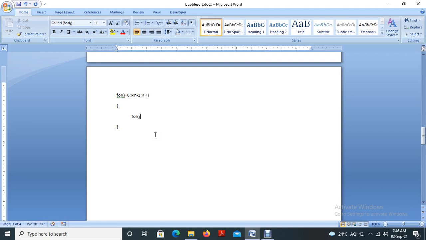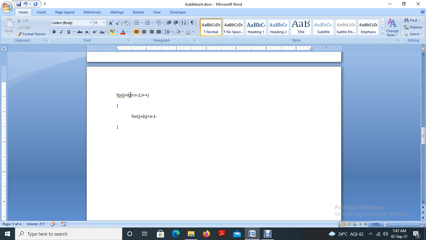So for j equal to 0, j less than n, the total number of elements, minus 1, no confusion on that, then minus i. So after the first iteration, one comparison has to be reduced. After the second iteration, two have to be reduced. So from where can we reduce this 1, 2, 3? Because after the first iteration the i value will be incremented by 1. In the first iteration the i value equals 0, so no changes. So we can move up to 4.